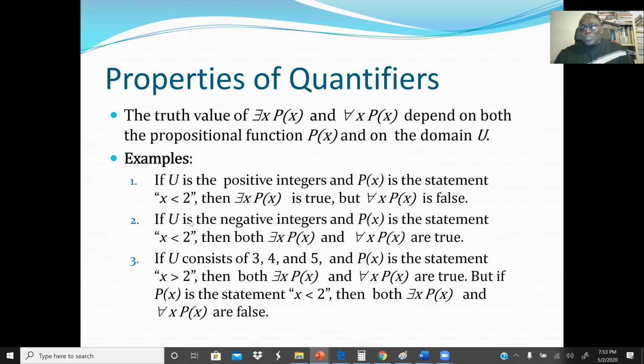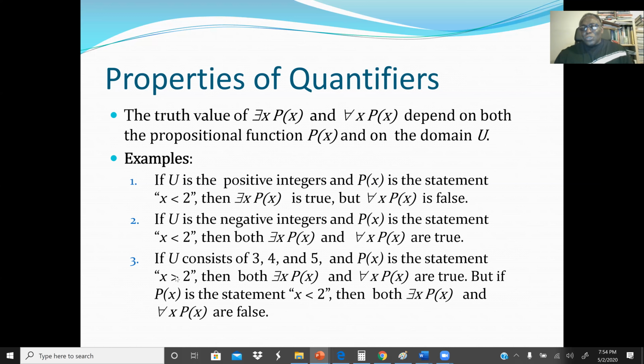But the universal set, or the domain of the values, are only negative values, negative integers. So now let's see the next one. Here we have only three elements in our universal set, or domain, which are 3, 4, and 5. So we say if U consists of only 3, 4, and 5, P(x) is the statement that x